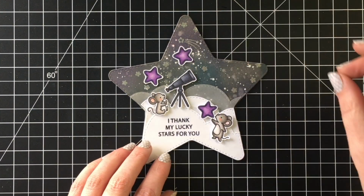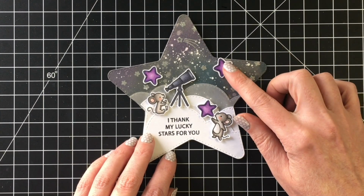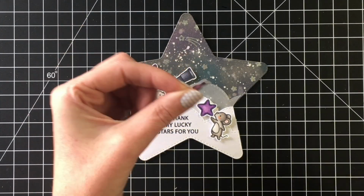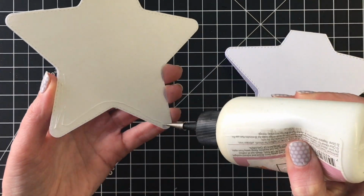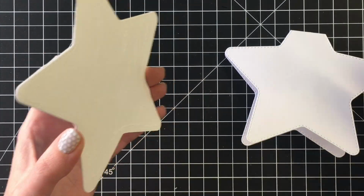So I'm just trying to figure out where I want placement to be. I don't think it really matters. It looks pretty wherever they are. I just like the pop of color with the purple stars, and I thought it went well with the galaxy background that I created. So now that I have that complete, I can go ahead and add my card panel